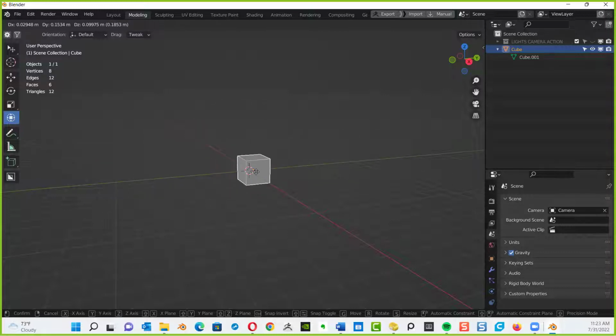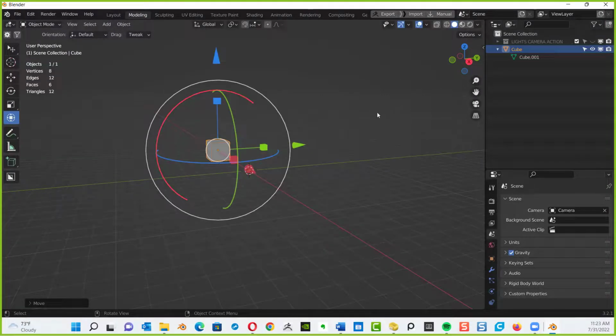I want to restrict it only to the Z axis. All you do, hit the Z key. Boom. Now we're only going on the Z axis. I have not left clicked. I'm going to leave it alone. Oh, I want to go on the Y axis. Now I hit the Y key. Now I can go on the Y. Now the X, hit the X on the keyboard. I can go on the X. Z, Y, X. And then click where I want it, and I'm done. I want you guys to practice that. And I'm going to stop recording, start recording.